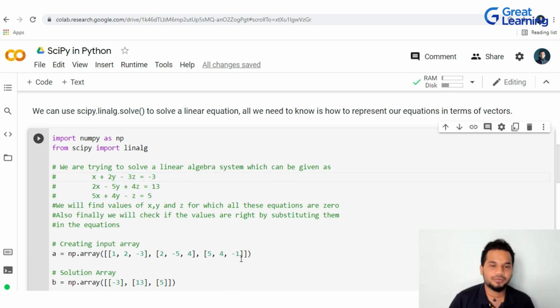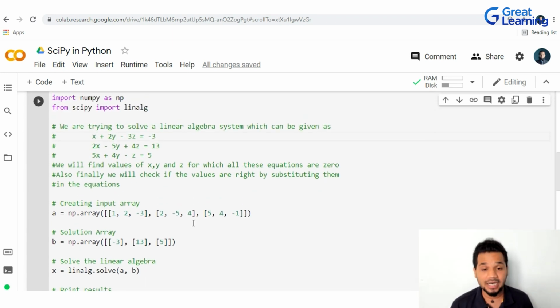You start eliminating your variables. You solve for one. Once you start finding x, you can find out y. Once you start finding out y, you have the value of x and y. Use it to find z. That is how we solve it. Now, I definitely can do this manually because I remember how we can go about doing it. But to get our linear algebra system to work with, we're going to be using all the inputs as arrays.